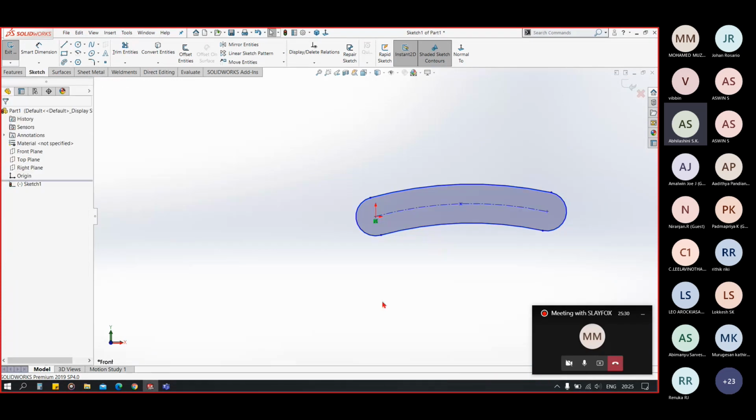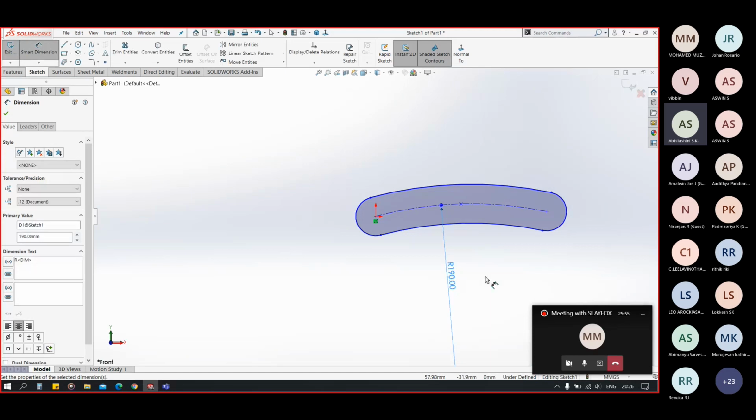Every sketch at its initial phase is in blue color. Blue color indicates that the sketch is under constrained. When we constrain it fully, it transforms to black color. That black color indicates that the sketch is fully defined.